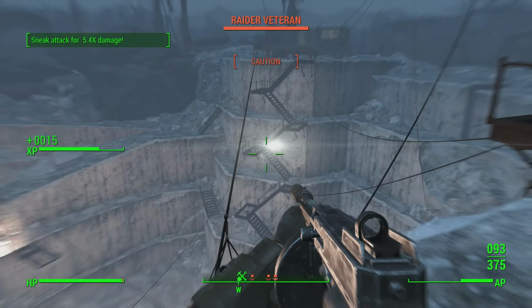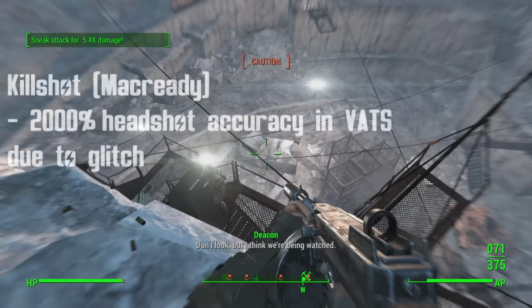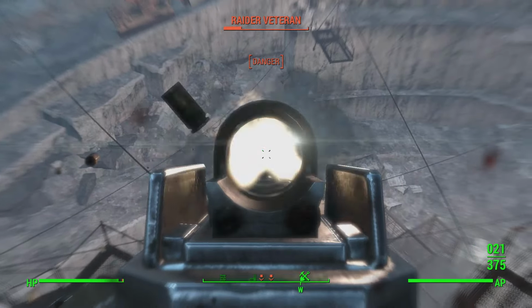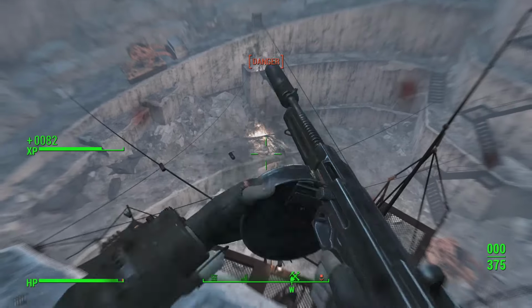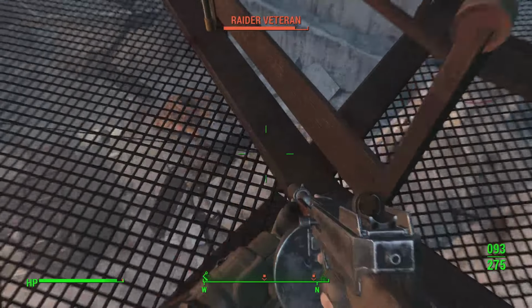So in my opinion, it is a very, very good perk, but here's the main reason you want to get this. As of this very moment, the perk is actually completely glitched. The perk's accuracy bonus actually gives you 2000% more accuracy instead of 20% like it says. So basically, on absolutely every single enemy, you will have a 95% hit rate for a headshot in VATS,